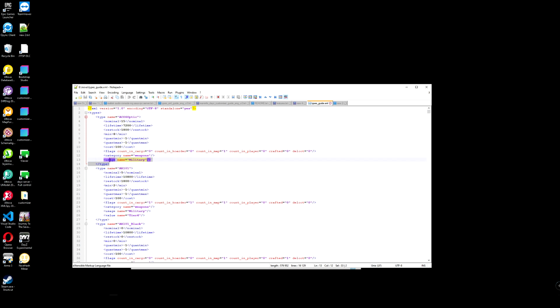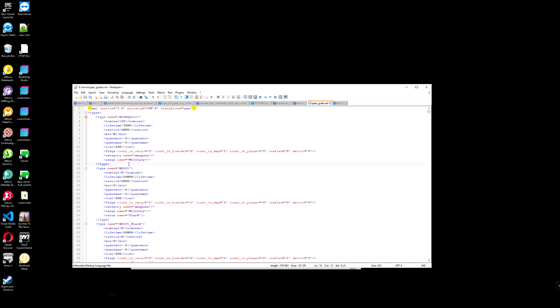Okay, so XML is very fragile and you must follow the rules and the syntax for XML. Otherwise, even one single mistake will ruin it completely and your game engine will not spawn the loot. Technically, it's not a game engine, it's an economy engine, but for simplicity, we will just call it game engine, okay?